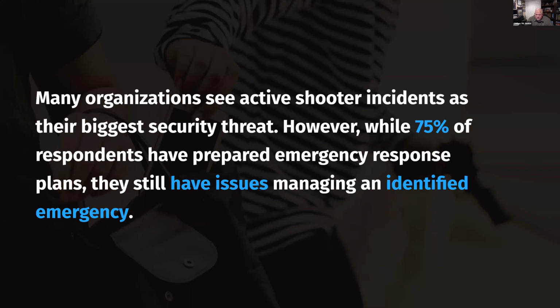The other situation, and we've seen this a number of times in the U.S., is that when law enforcement arrives, law enforcement usually is going to respond with a uniformed patrol officer. That uniformed patrol officer, even if it's 5, 6, or 15, are still going to be in a situation where they're having to assess the situation before they rush into danger. So we saw it in Florida at the school shooting. We saw it in Aurora at the corporate shooting that we had a few years ago. In both of those situations, there was a delay from the time law enforcement first arrived to the time that they actually took on the shooter. And so, where you can close that gap, you need to,